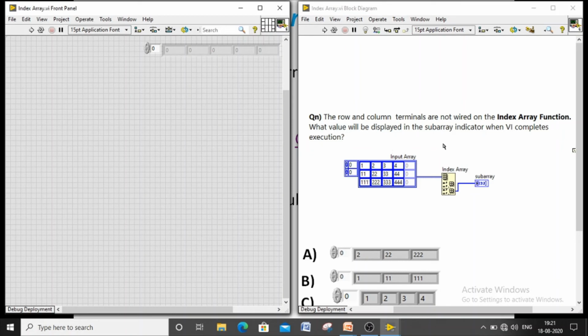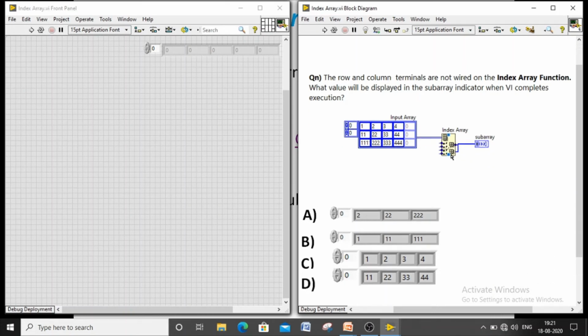It is a 2-dimensional array, no? It has totally 12 elements. Index Array has been connected with that 2D array. Next, after expanding it, what will happen? Normally you will have only one function like this. If you expand it, depending on the 2-dimensional array's rows and columns, it will be expanded more. So I'm increasing only up to 2 as per this question, and I'm taking a wire in the second one. Doing execution, you can come to a conclusion: 11 22 30 33 44.